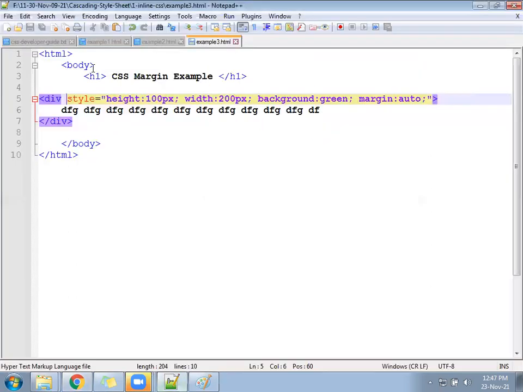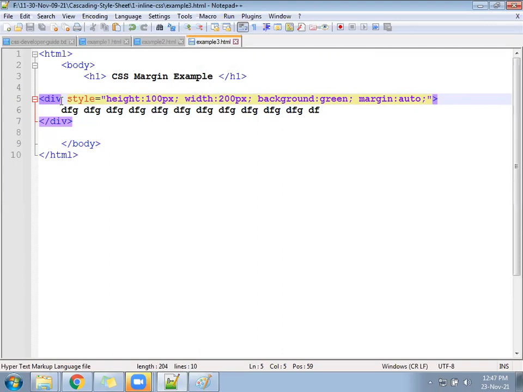Now, if you remember, whichever website you have opened till date on a laptop, every website appears in the center of your screen. Have you recognized that or not? Have you ever opened any website on your system? See where it appears.